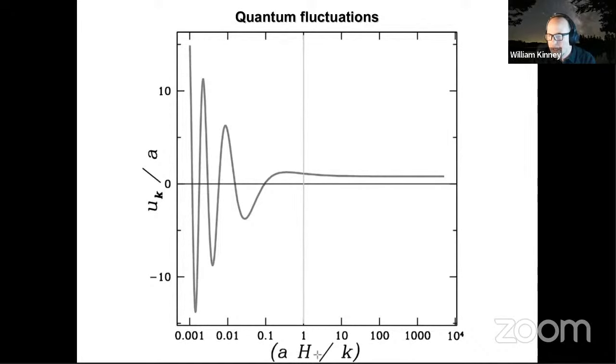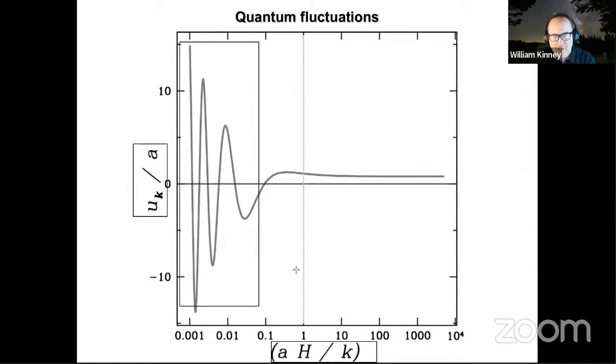This is the scalar field fluctuation amplitude, plotted as a function of the wavelength of the mode in units of the co-moving horizon size. What we see is oscillatory behavior on short wavelengths, when we're in the Minkowski limit. And then on long wavelengths we see the new behavior that comes about because of the time-dependent background, which is that this mode asymptotes out to a constant. This is this famous process of mode freezing, and this constant is non-zero.